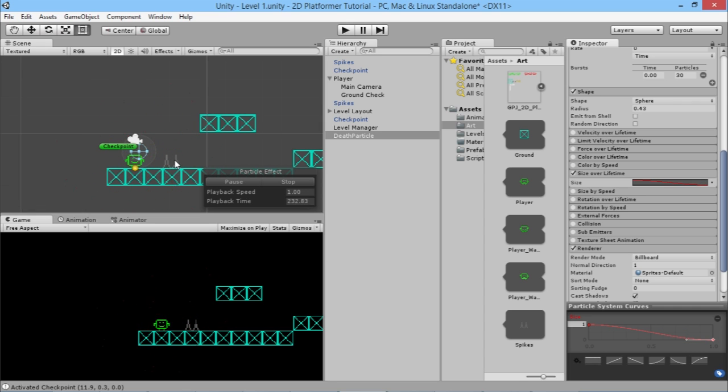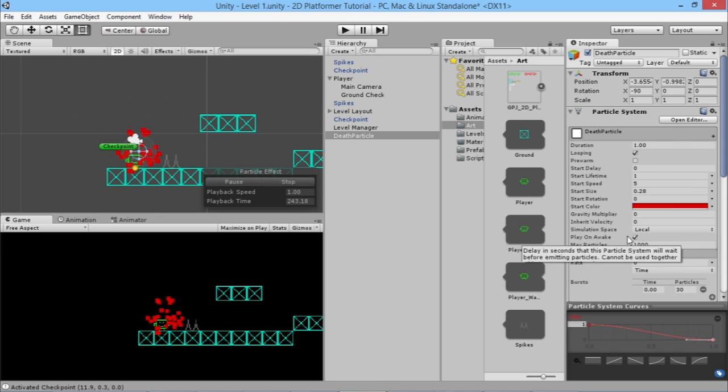So now look, we've got a big explosion of things, and it shrinks down to be nice and small, but it's blasting out way too far. It looks very, very violent. So what we'll do, go back up here again. We'll change the start speed down to 3. So there we go. Now it's exploding out nicely, and what we want to do also is go to gravity